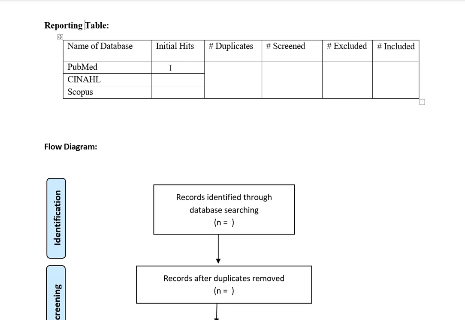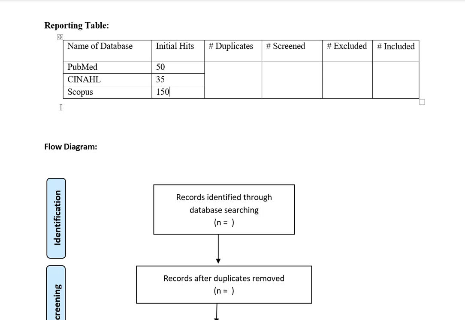In this demonstration, we're assuming that you have already run your searches in these different databases. So you would run your search in PubMed, apply your limits like English language and the last 5 years, and say that you came up with 50 results. You run the same search in CINAHL, apply your limits, and come up with 35 results. Then you move on to Scopus, run your same search, apply your limits, and say that you come up with